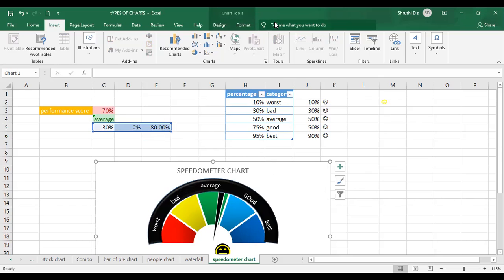Is anybody having any doubts up to these charts, because I'm going to wind up this concept? Anybody having any doubts with the different types? I want you to practice all these charts. I think everybody has taken at least the database, right? So you can choose that database and try to apply at least the bar chart, pie chart, sorry, the column chart, line chart. I want you to practice at least 4 charts.